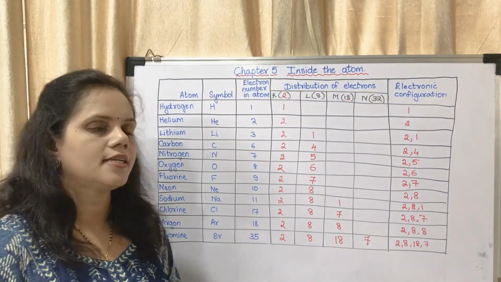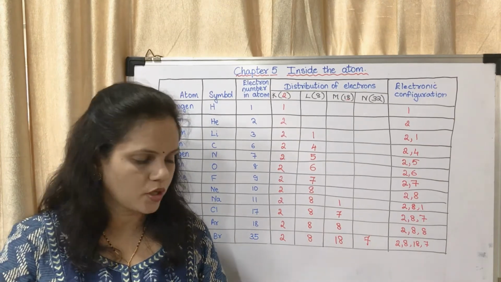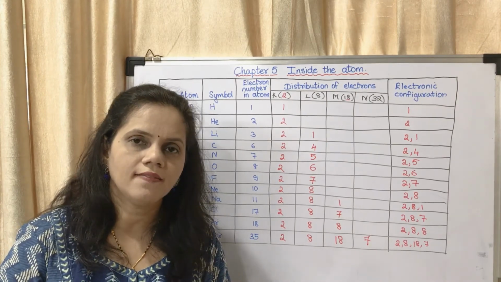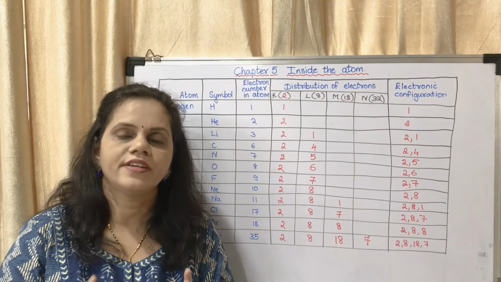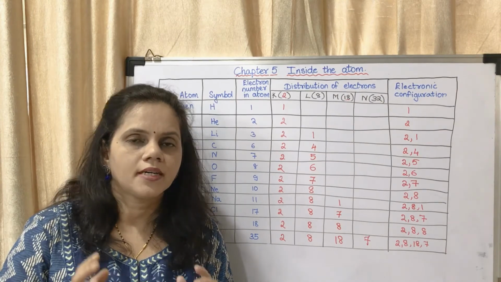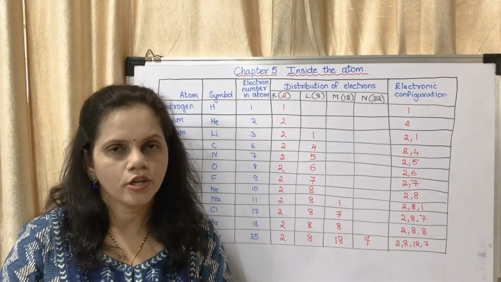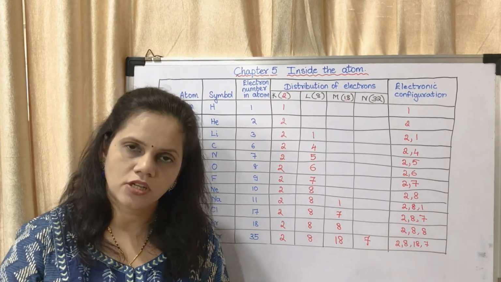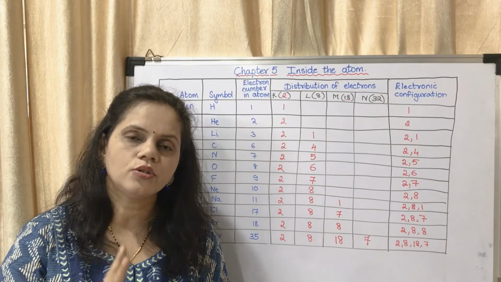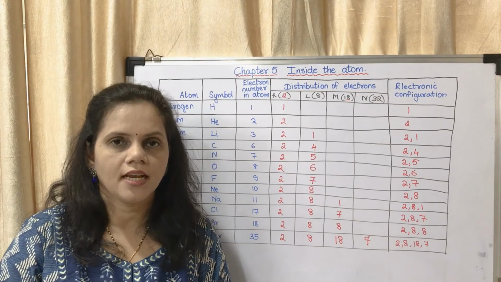Okay. So this is the electronic configuration of some elements which are given in the textbook. So basically, what is electronic configuration? Electronic configuration is the shell-wise arrangement of electrons. First of all, you have to see what the atomic number is. Consider it is 15. If the atomic number is 15, the number of protons will be 15, and the number of electrons also will be 15. Out of those 15 electrons, 2 will get accommodated in the first shell, then the second shell, then the third shell, and so on.